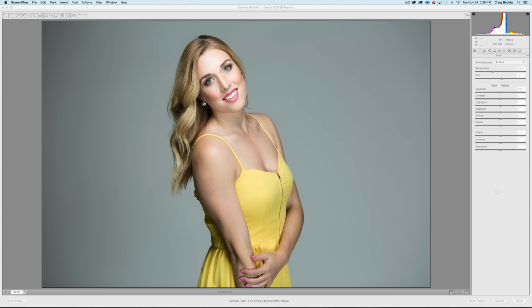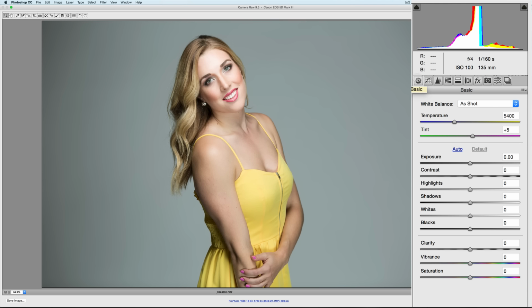Now we're looking at a raw image right out of camera, so I'm going to walk you through each segment. This is just a basic walkthrough of Adobe Camera Raw, and in other videos I'll give you a more in-depth overview. Anyway, let's get started. I shot this at 5400 Kelvin with a tint of +5,